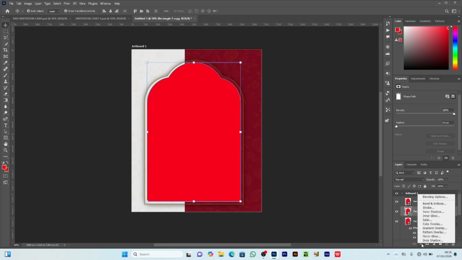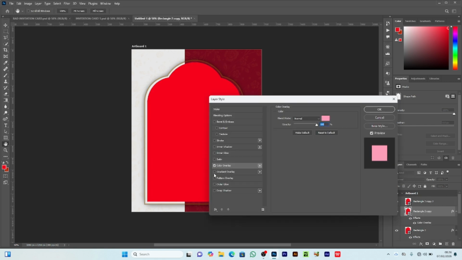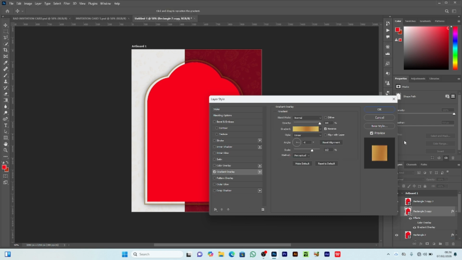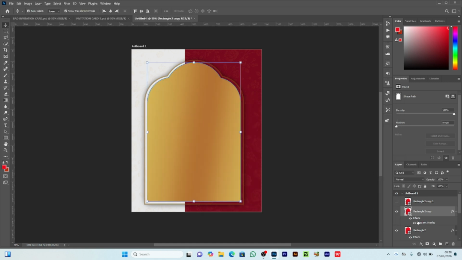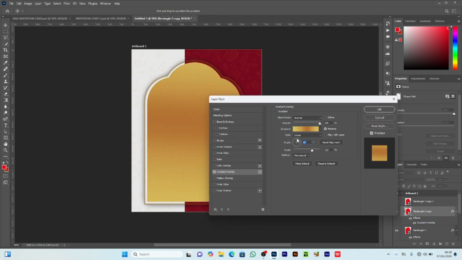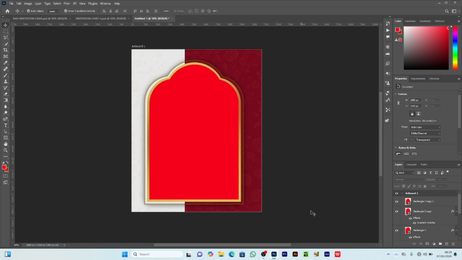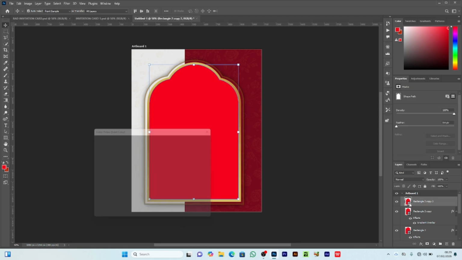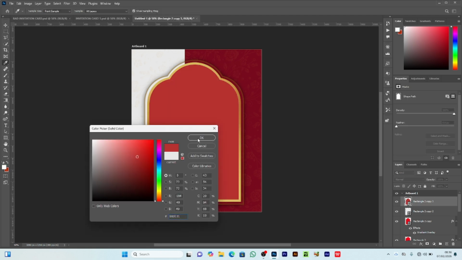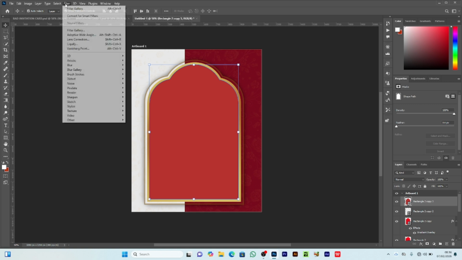Go to FX and color overlay. This time let us choose gradient overlay. Yes, I wanted this code because I want it to surround the rectangle above. Okay, let me change the appearance. What if it looks like this? And press OK. Also go back to the rectangle above, then change the color to this one and go to Filter